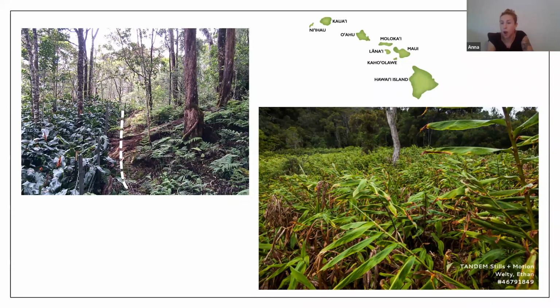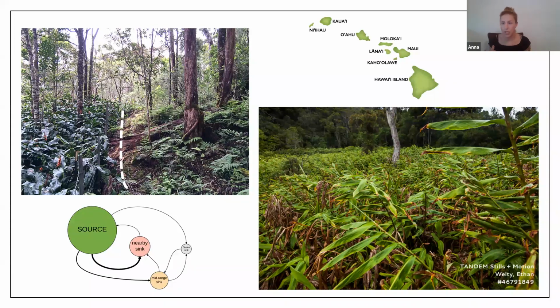So this is a large problem in this area, and we were really interested to see how native arthropod taxa are responding to this invasion, and using this as a bit of a natural experiment where you have these contrasting native forest and invaded habitat. So we were thinking about this in a bit of a source-sink context, in which you have a source population of native taxa that may be entering this invaded habitat and having these cascading consequences due to the structural changes in that habitat.